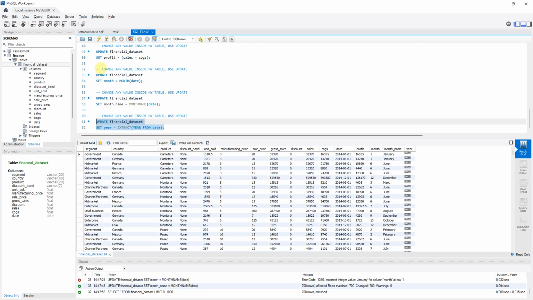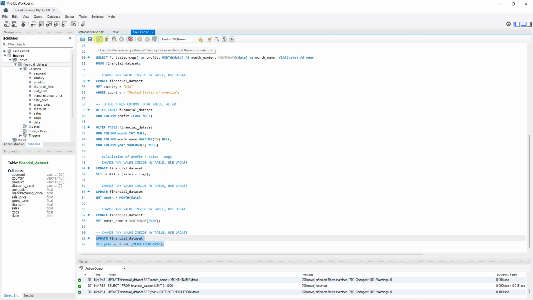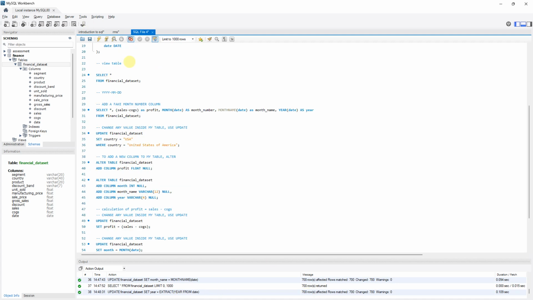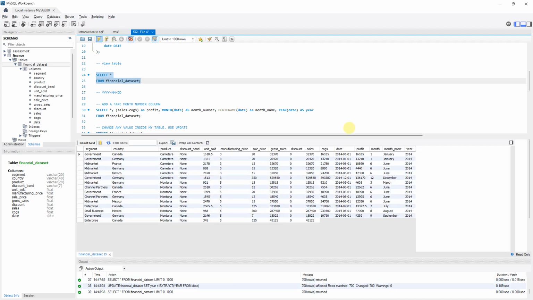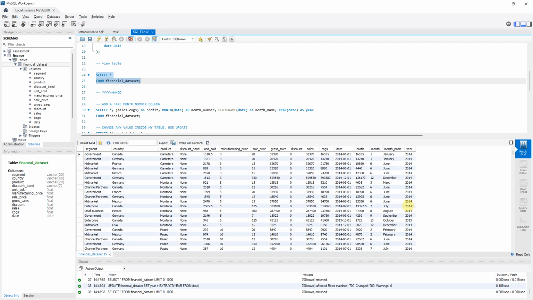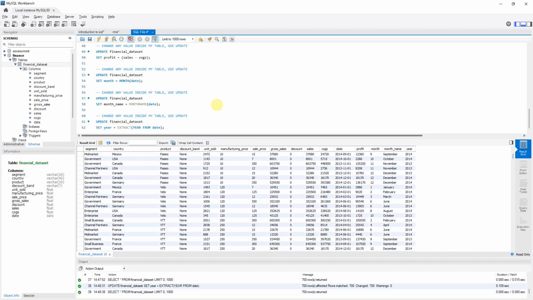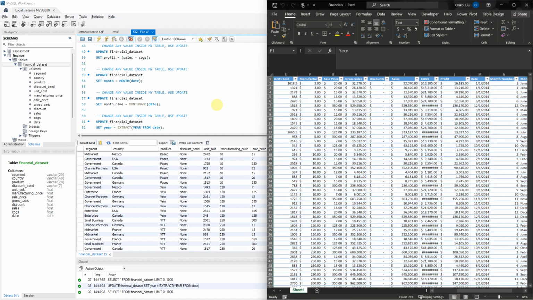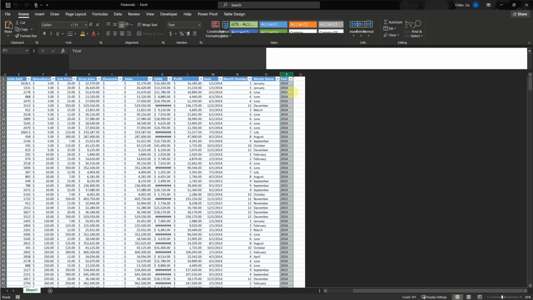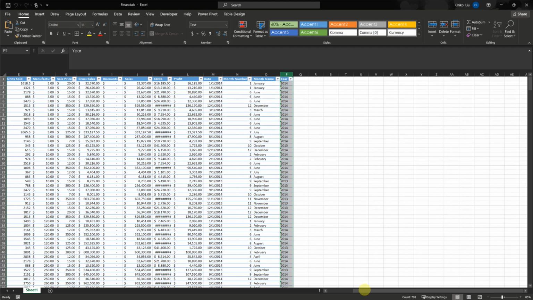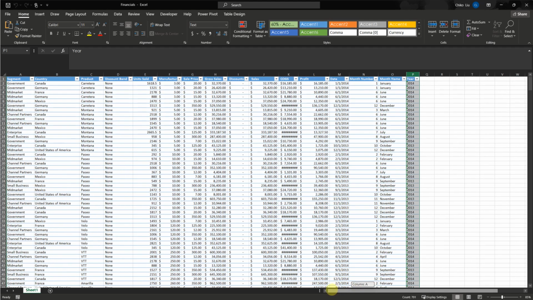Let me see if it will work. Oh, it worked. That's interesting. I didn't think it was going to work. Okay, so I'll run it, and you can see 2024 and 2023. And this is how we are able to simulate our financial table here that we have from Excel. So remember, the first thing we did was to